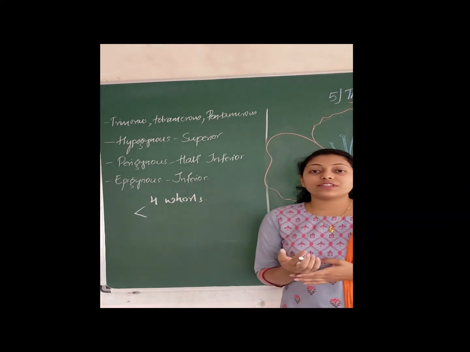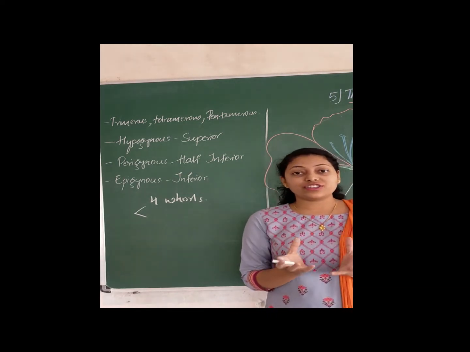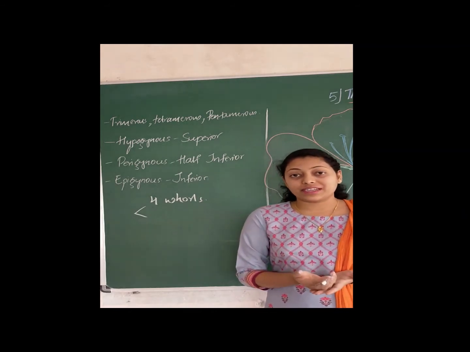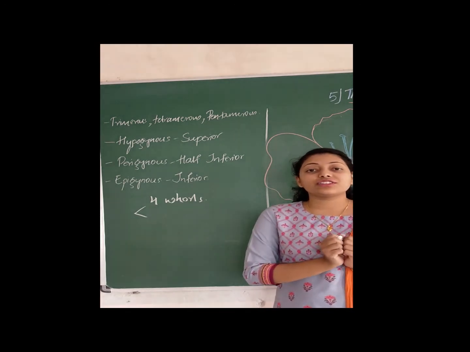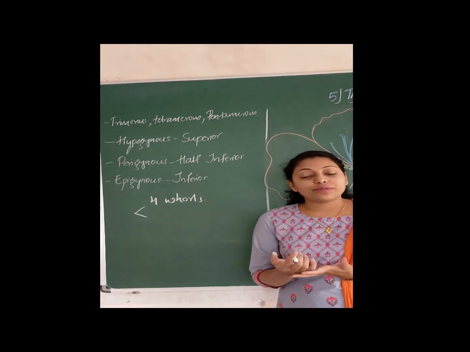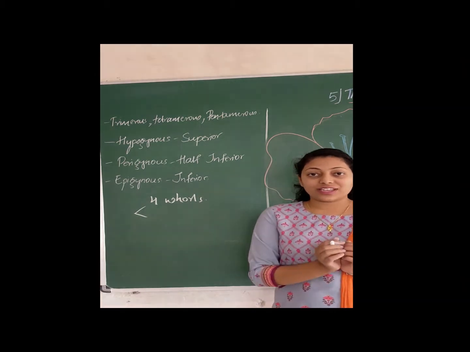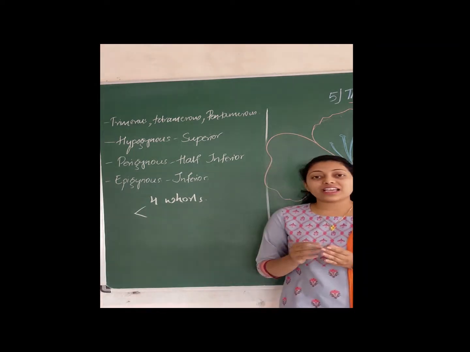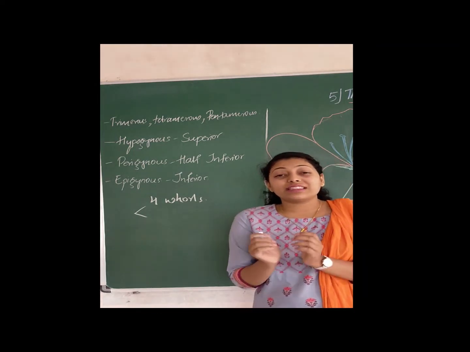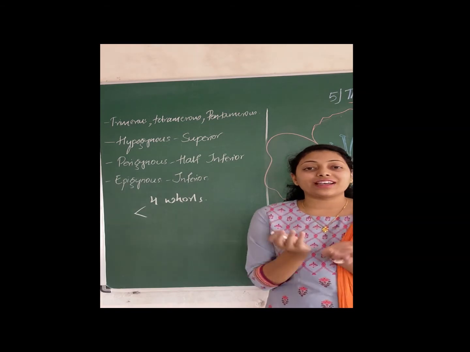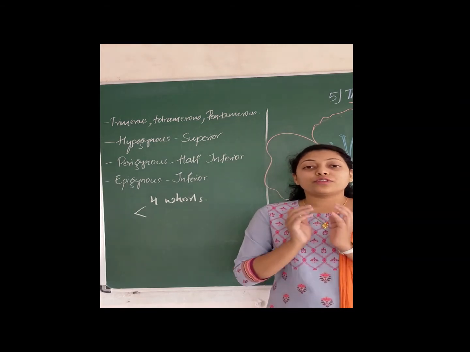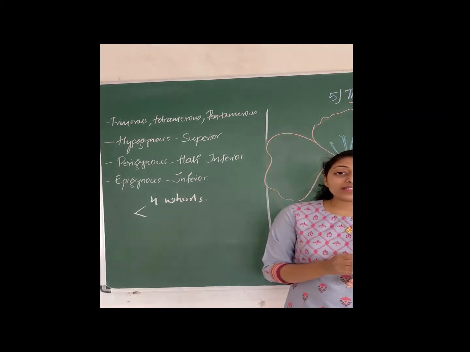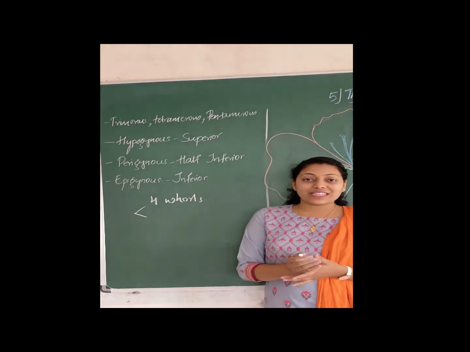The reproductive whorls which are present can be called essential whorls, because without reproduction a flower cannot be exhibited. That's why these are very essential for a flower, and that's why the reproductive whorls can be called essential whorls. Whereas the non-essential whorls can be called accessory whorls. These are the basic requirement a flower requires for protection and support. So for this they require accessory whorls, and the accessory whorls can also be called non-essential whorls.